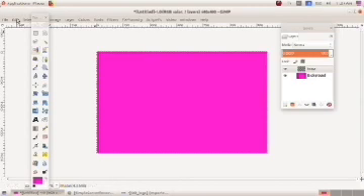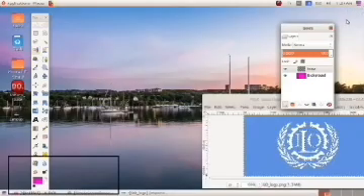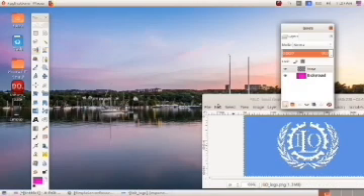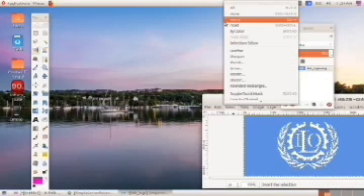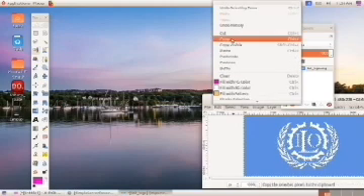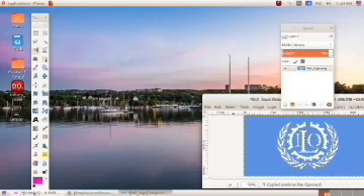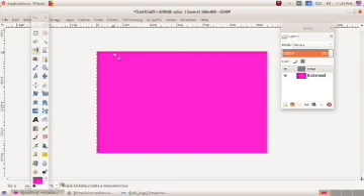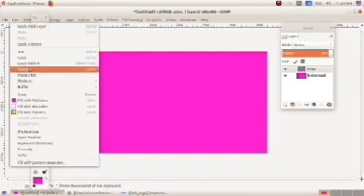From the image window, click on the Edit menu, then copy, and come to the canvas window, then Edit menu, paste.